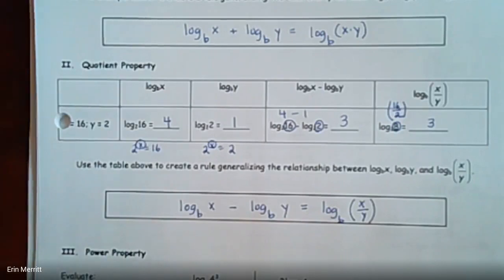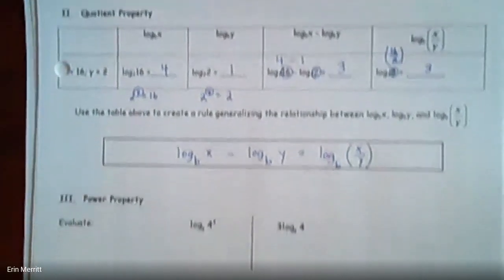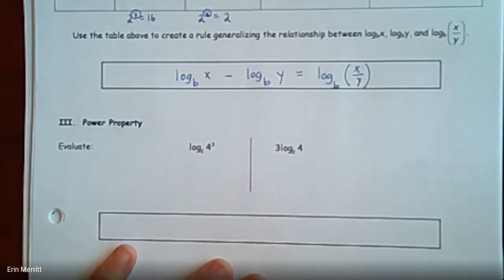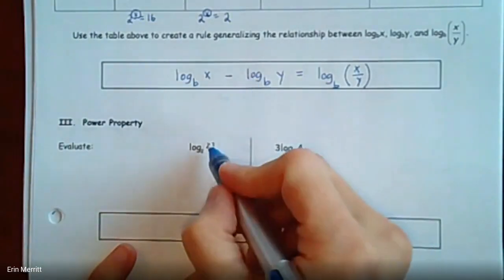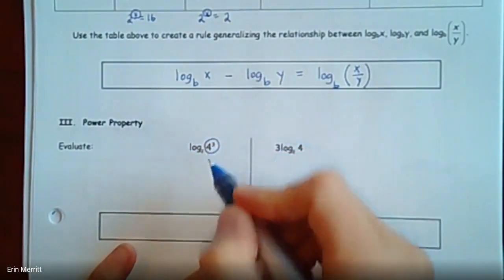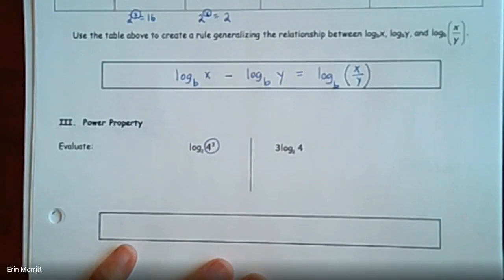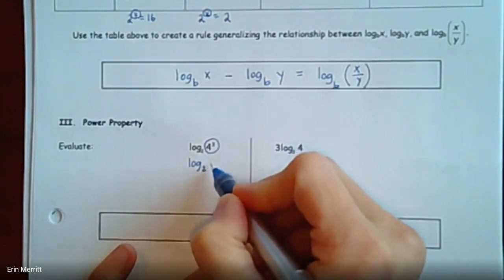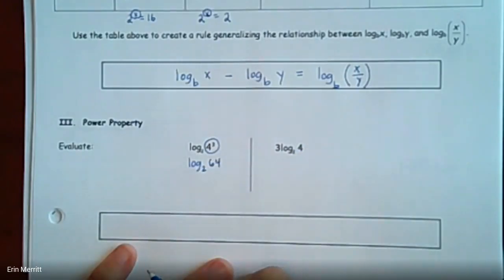As for the last one I'll do with you, I would say don't pause the video on this one. For this, I want you to take this first part, and let's keep this and evaluate 4 cubed first. So we know 4 cubed is 64, which means we have log base 2 of 64. Right? What's that